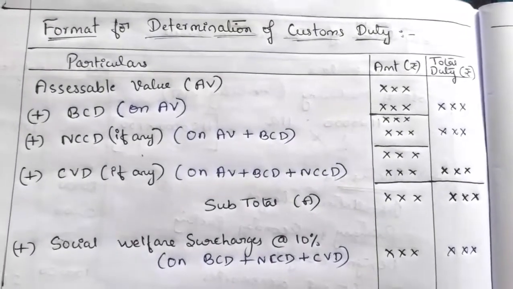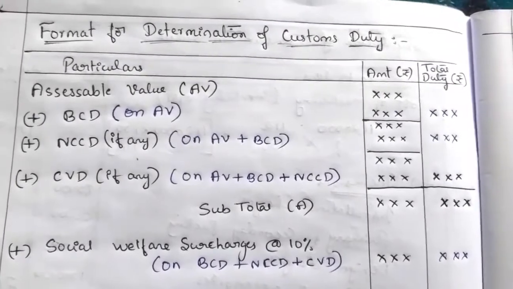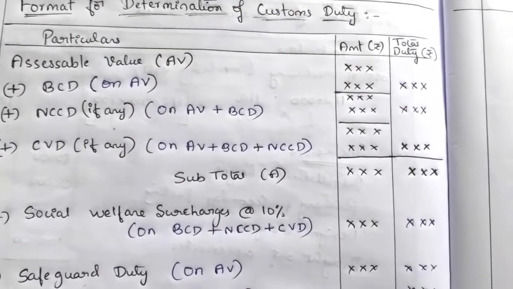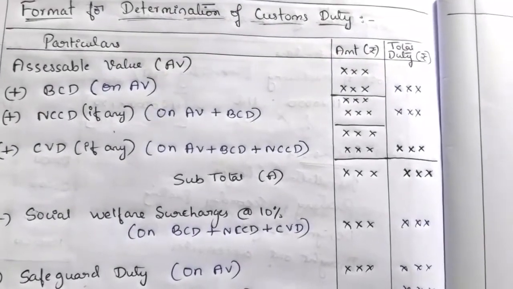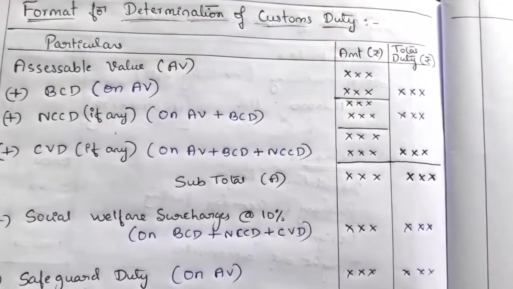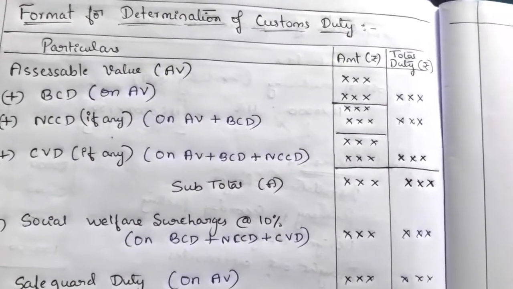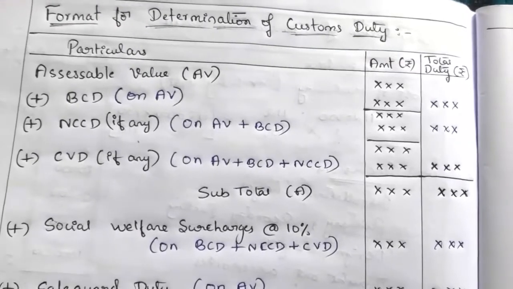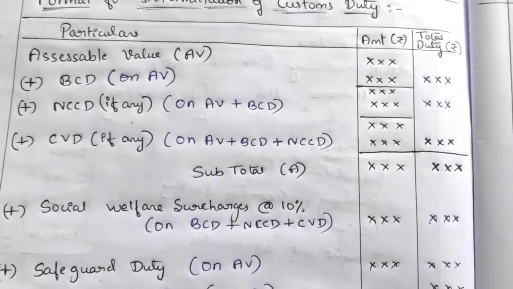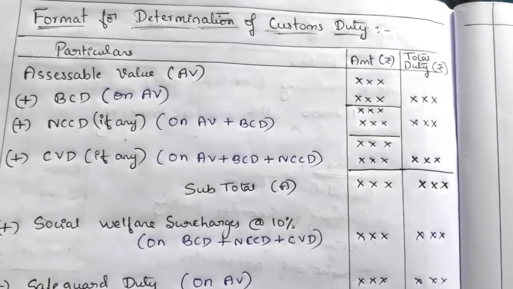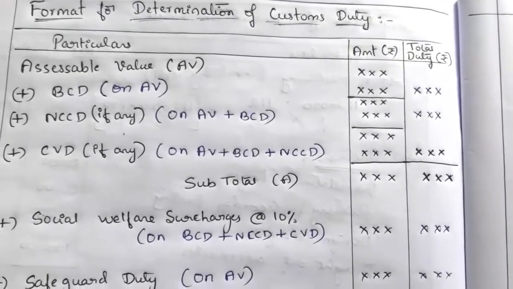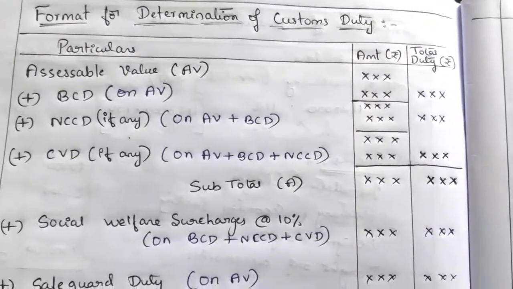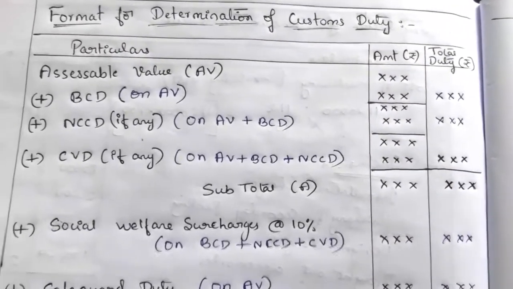The main purpose of custom duty is to protect each country's economy, residents, jobs and environment. Protecting the economy by controlling the flow of goods means especially controlling the flow of restricted and prohibited goods into or out of the country. Custom duty is an indirect tax levied on the import and export of goods in order to protect our country's economy.